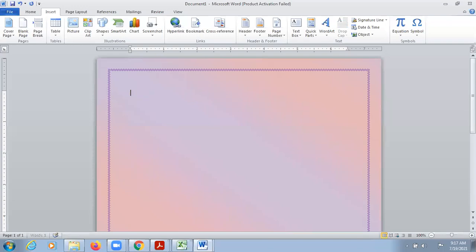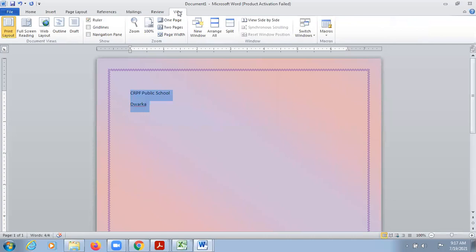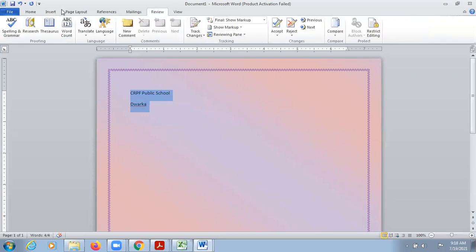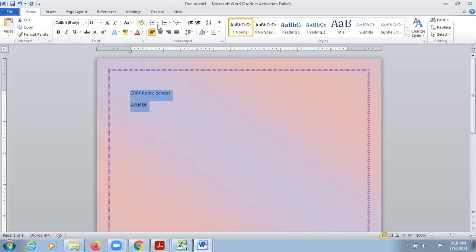So that is CRPF Public School. And in the next line, I wanted to write Dwarka. So now you can select your text, go to Home tab and